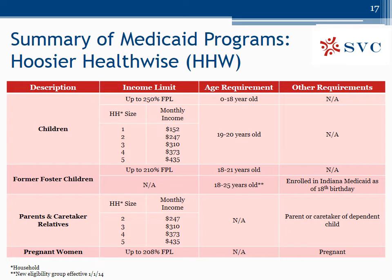We've now walked through all of the current Indiana health coverage programs. We're going to briefly recap who's eligible for which program, what the associated income limits are, any age requirements or other requirements associated with eligibility for these programs. To begin,